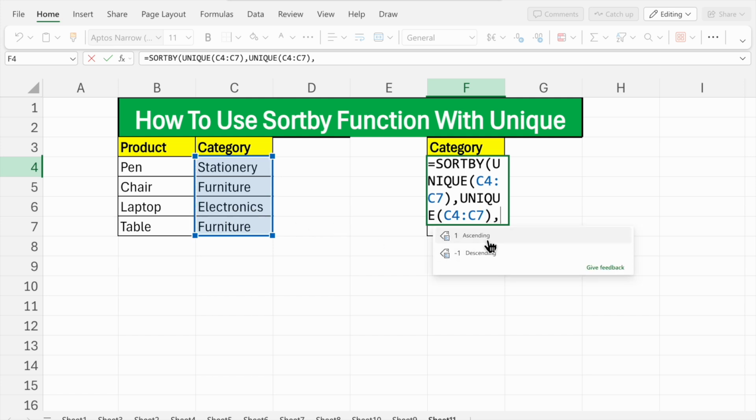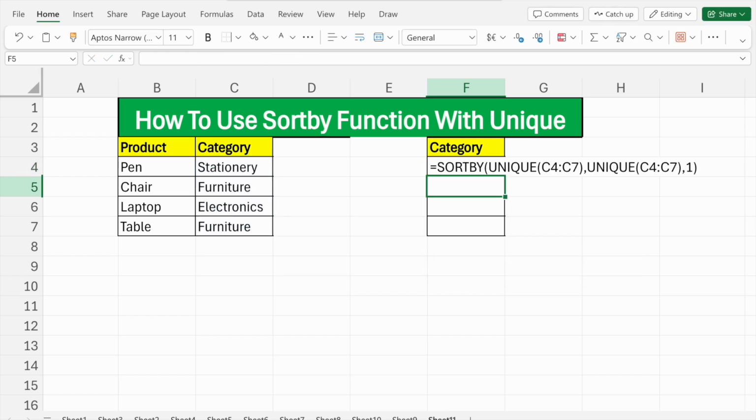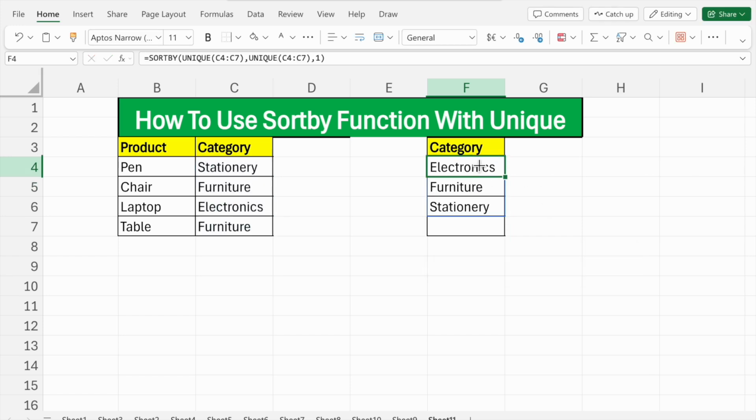Now it will ask for ascending or descending. Ascending means A to Z, descending means Z to A. So I want to arrange it A to Z, bracket close. So like this you can use this SORTBY function